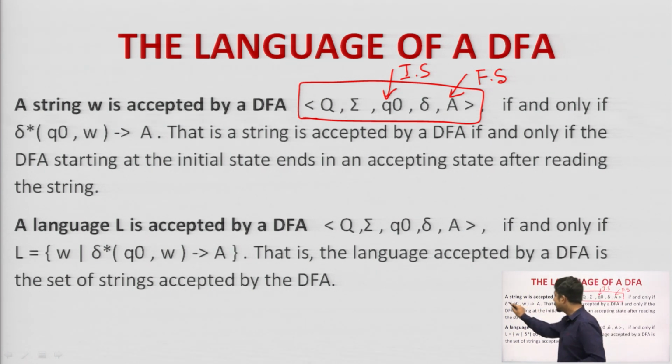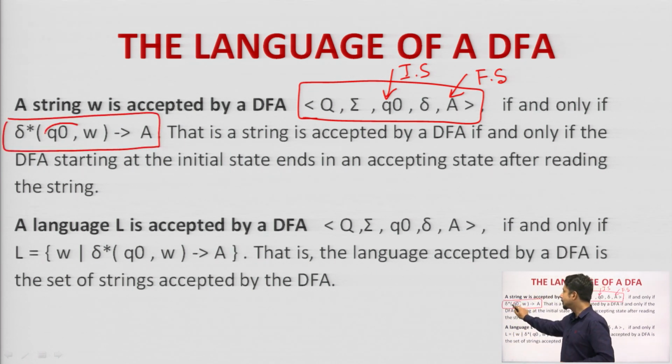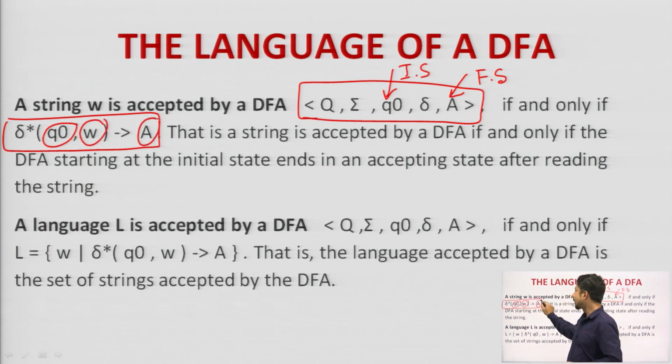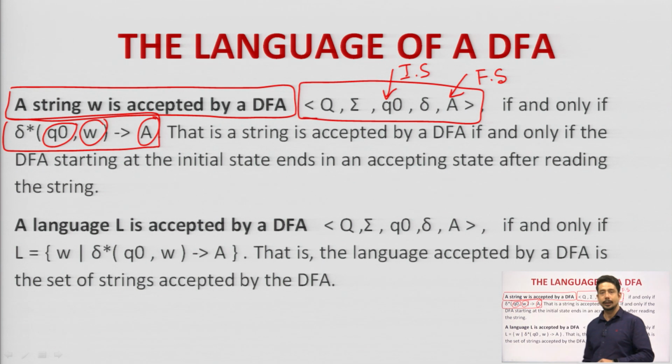Then we need to find out the transition function in this pattern, that on seeing a particular string from a particular state, it will go to a final state. Then we can say that a string W is accepted by a DFA correctly. And if I say it another way, W is a string such that